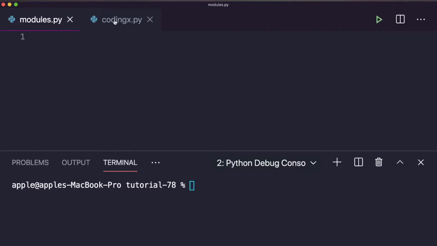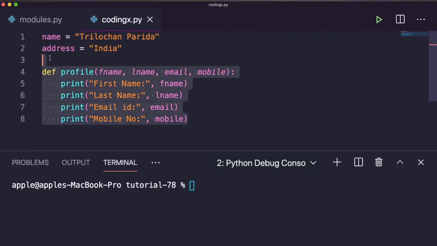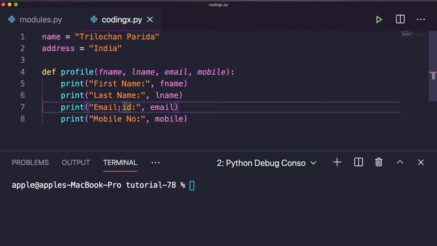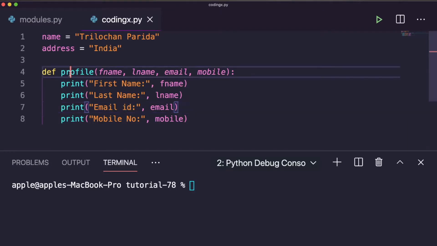I have already created one codingx.py file. Here I have defined one function, profile, which takes four parameters: first name, last name, email and mobile. And this name and address are variables, global variables for this file. Okay, but let's see how we can import this codingx.py in another file, module.py, and access all the functions and these attributes.